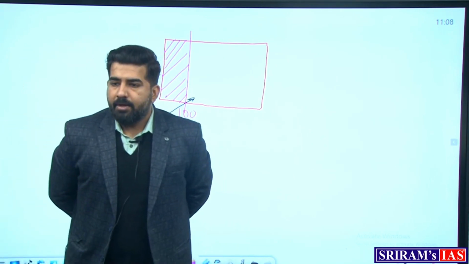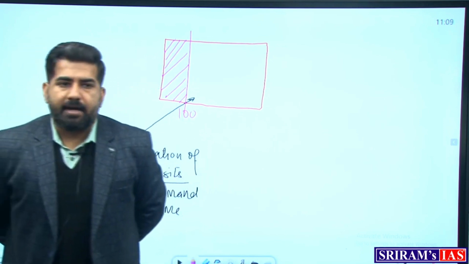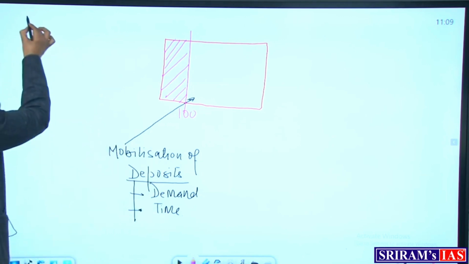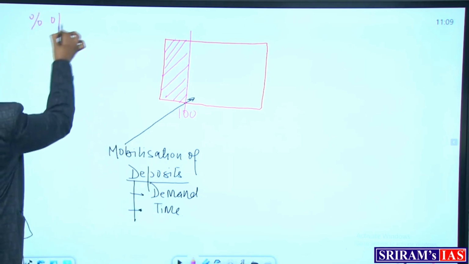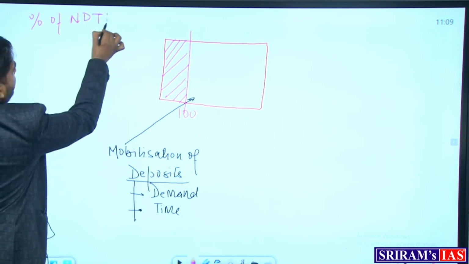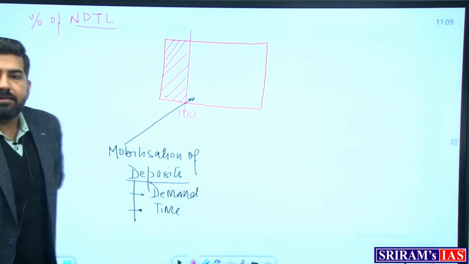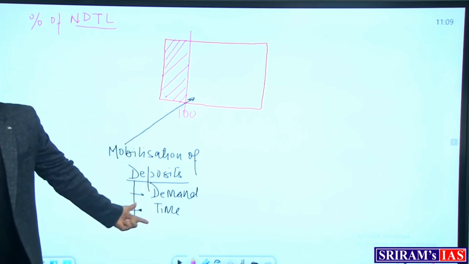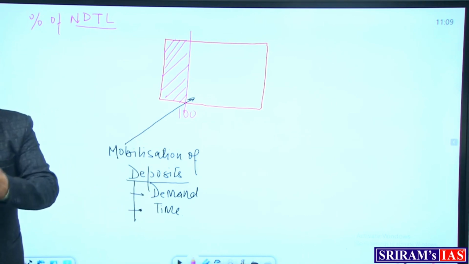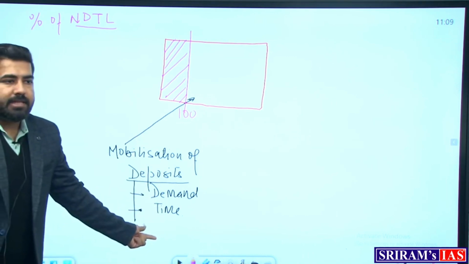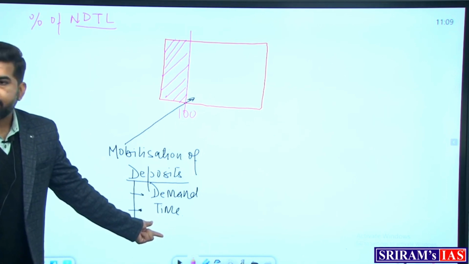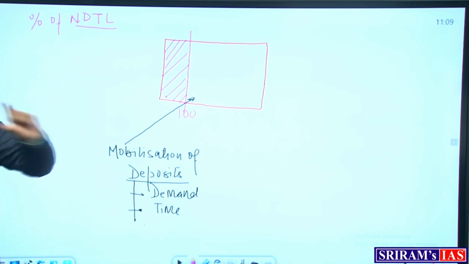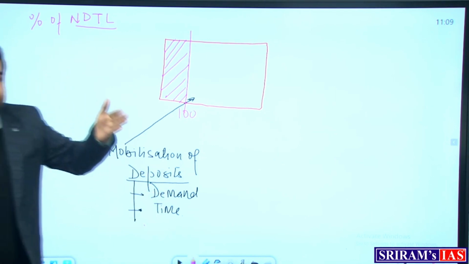No. On the other hand, SLR is also a percentage of NDTL. I am pretty sure you must have gone through this concept of NDTL, net demand and time liabilities. Basically NDTL is nothing but this: demand deposits are demand liabilities, and time deposits are time liabilities. So a certain percentage of NDTL, net demand and time liabilities, needs to be set aside